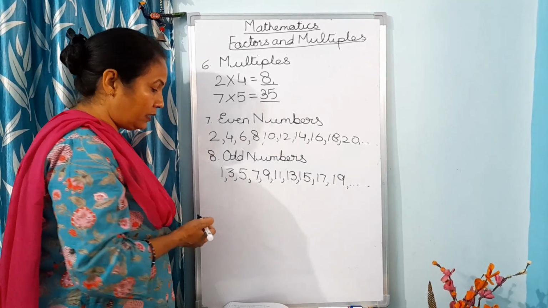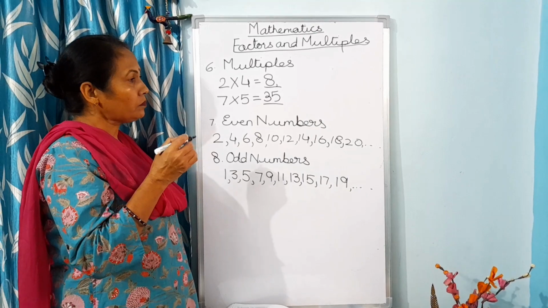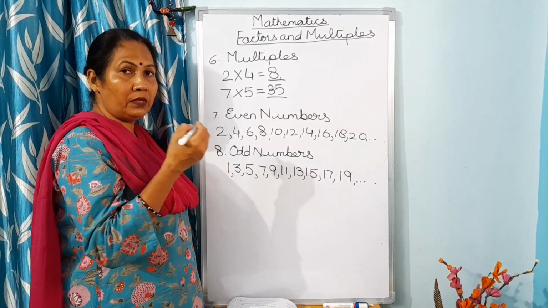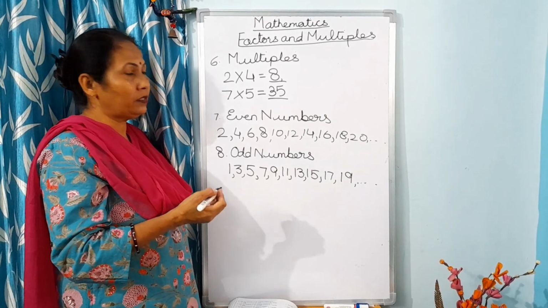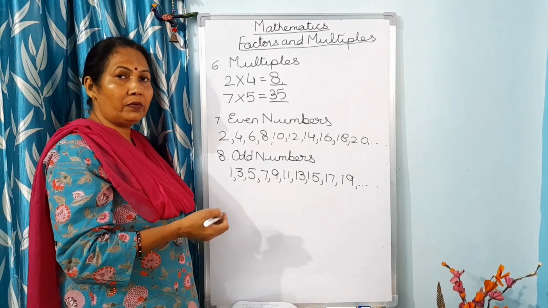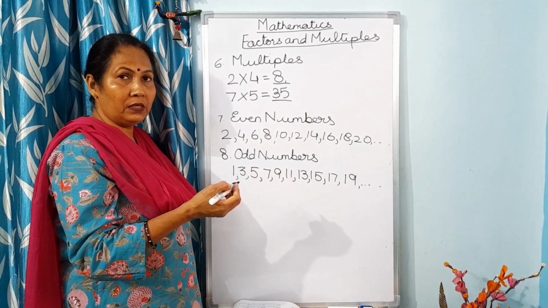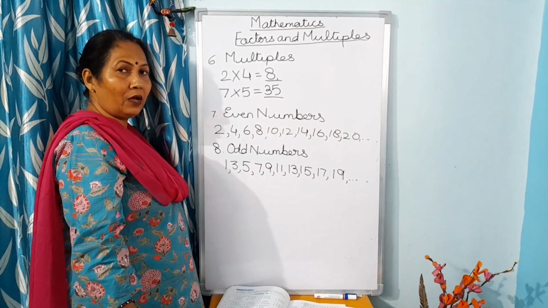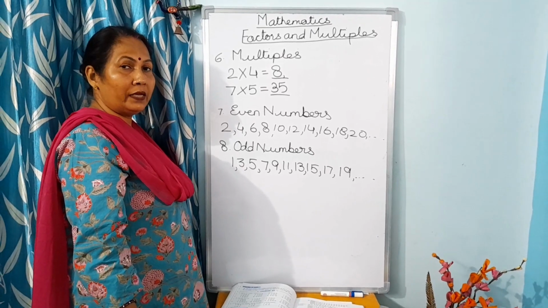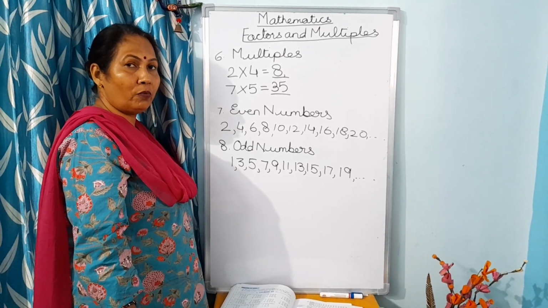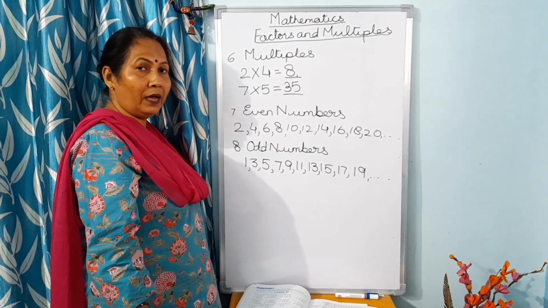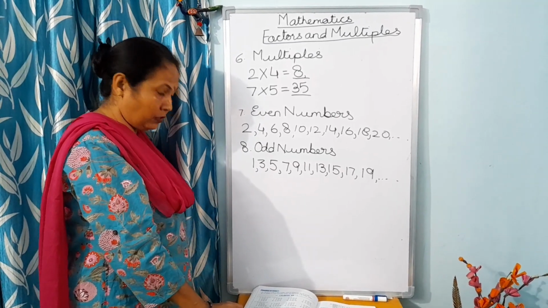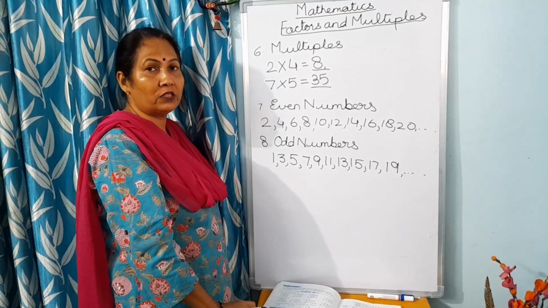So I have explained you today about composite numbers, prime numbers, multiples, factors, even numbers, odd numbers, twin numbers, co-twin numbers and co-prime numbers. Now I will send you the solved exercises which you will do in your maths register nicely, and I will send you the solved part of the divisibility rules.